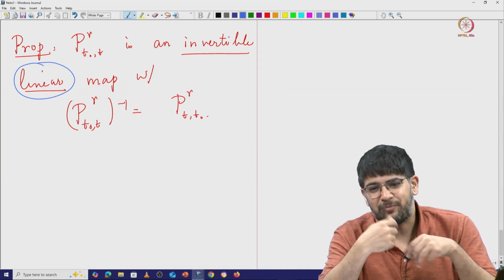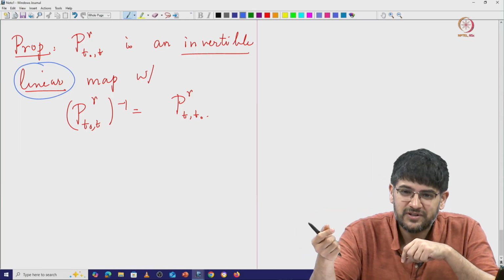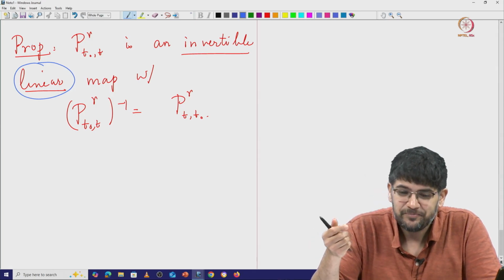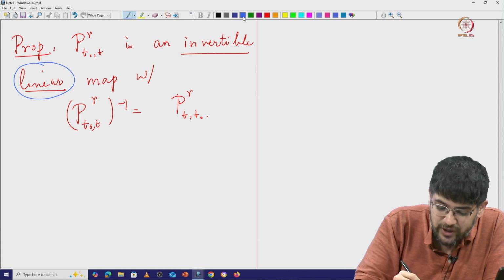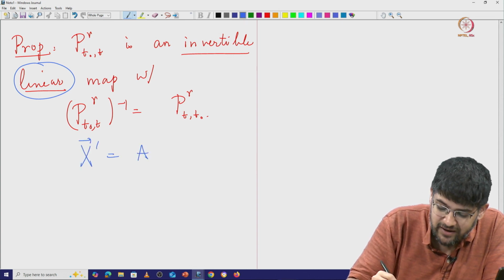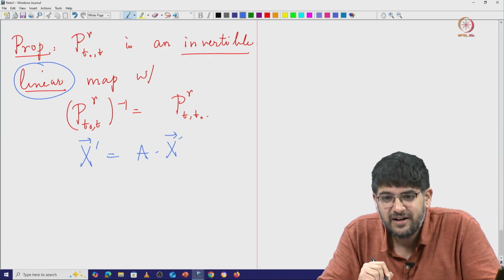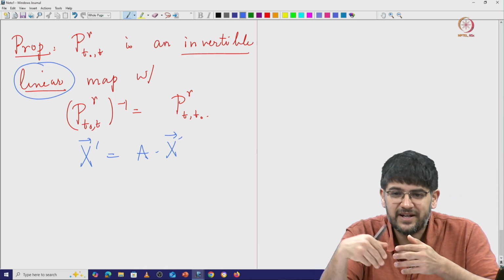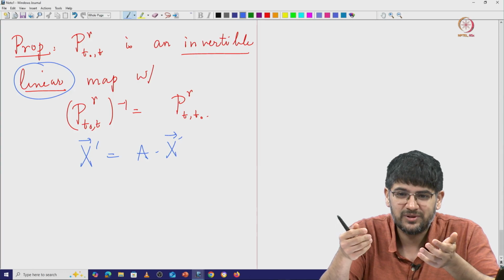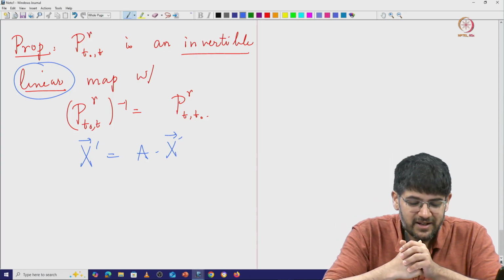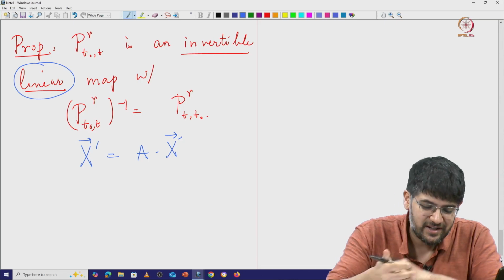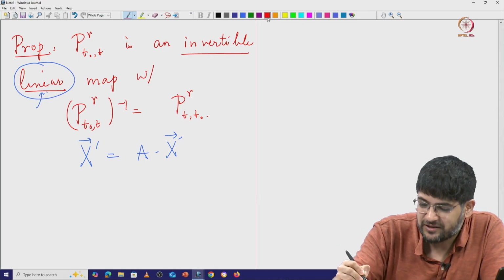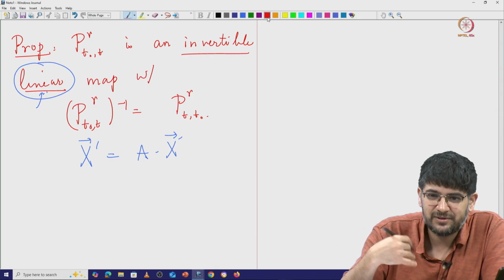That's because these parallel transport maps were constructed out of solutions to linear ODEs, and these linear ODEs were homogeneous, right. So if you recall, the linear ODE was of the type x prime is some A times x, right. So this is a homogeneous ODE. So clearly if x1 and x2 are two solutions, then any linear combination of x1 and x2 is also a solution to the ODE, right. So that basically gives you the linearity of this parallel transport map. But I'll leave you to write down a rigorous proof by yourself.